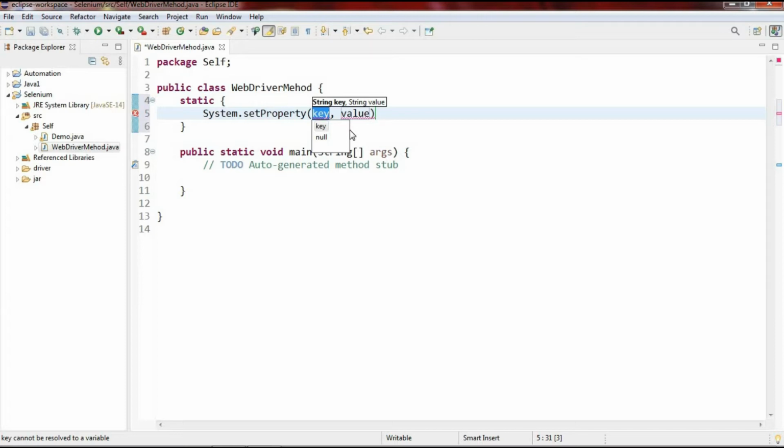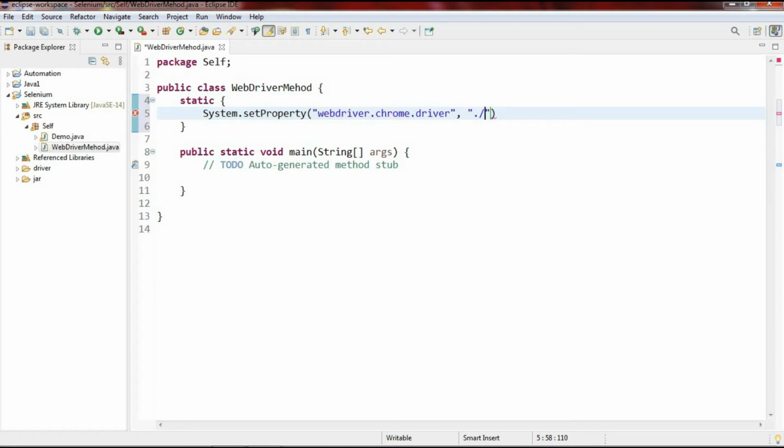The System.setProperty method sets the system property indicated by the specified key. So give the key and value. The key is webdriver.chrome.driver. This is the key and the value is dot slash.